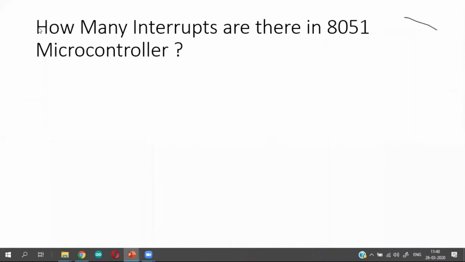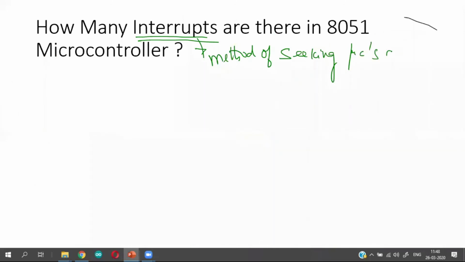So how many interrupts are there in the 8051 microcontroller? What are the possible ways in which you can seek the attention of it? When I say an interrupt, it is a method of seeking the microcontroller's attention. So that is the short definition for an interrupt.